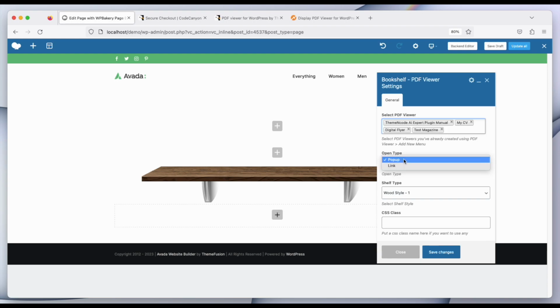The open type can be either pop-up or link. I'm using pop-up. There are 4 types of shelf: wood style 1, 2, glass style 1 and 2. There are 4 different types of shelf. You can use any one you like and then put any class name here so that you can add additional CSS later. Now click on Save Changes and you can see